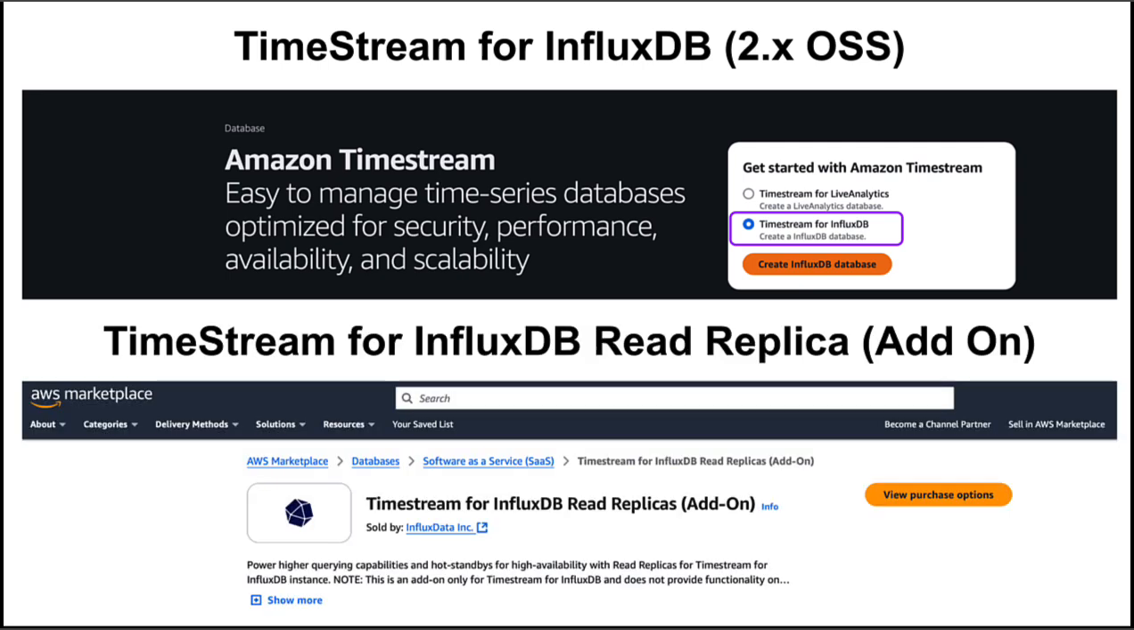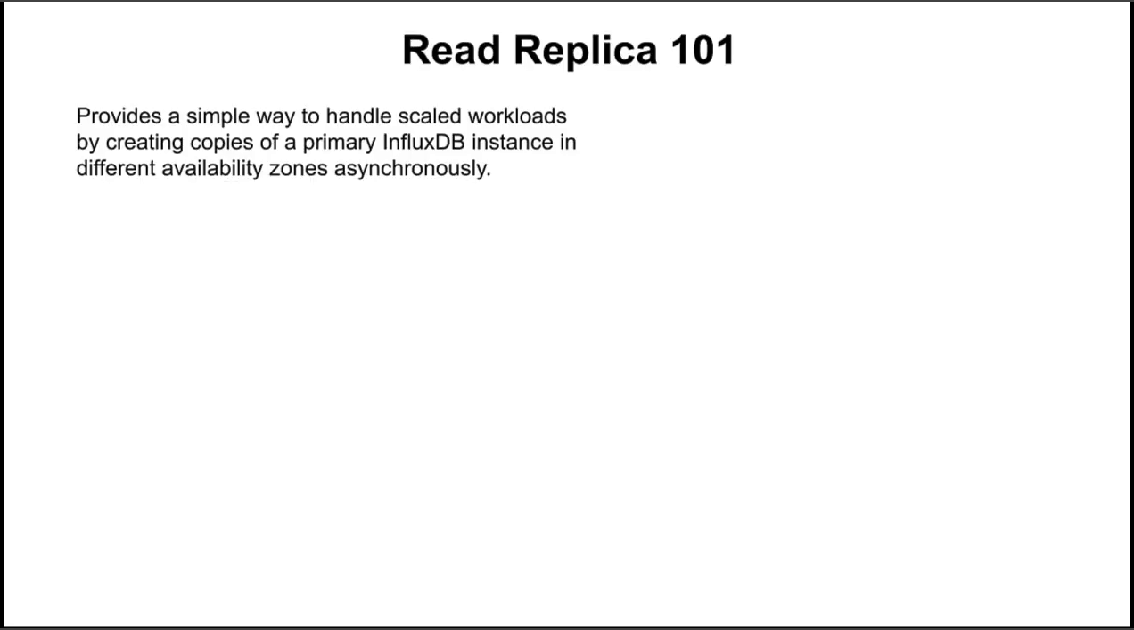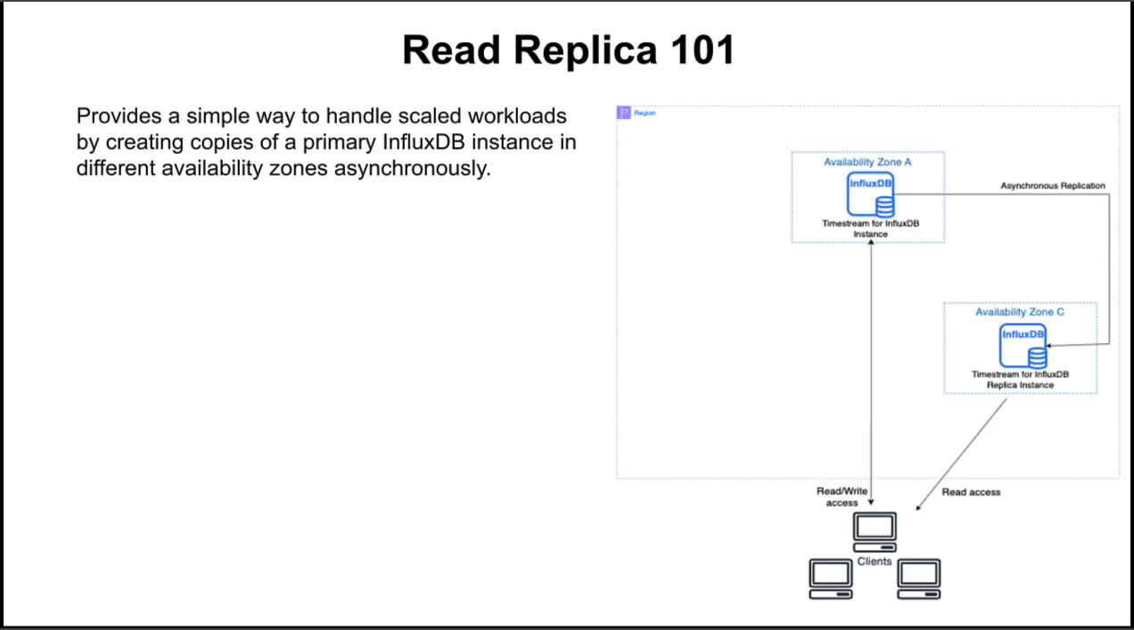We're going to focus also on a recently released feature, which is Read Replica. This comes as an add-on, and it is available in the AWS Marketplace. How to set this up, I'll walk you through a tutorial in a second. Read Replica is a way to handle scaled workloads by creating copies of the primary InfluxDB instance in different availability zones. So in the diagram here, we can see on the right, we have our architecture where we have two